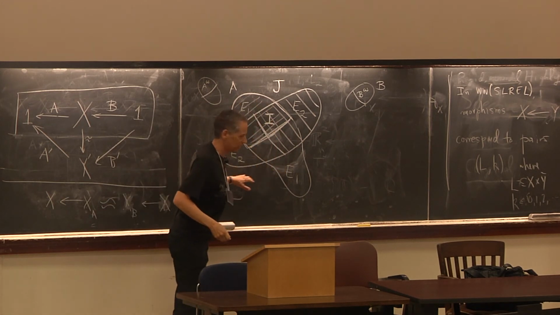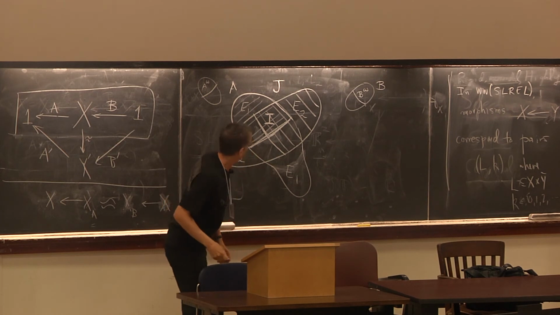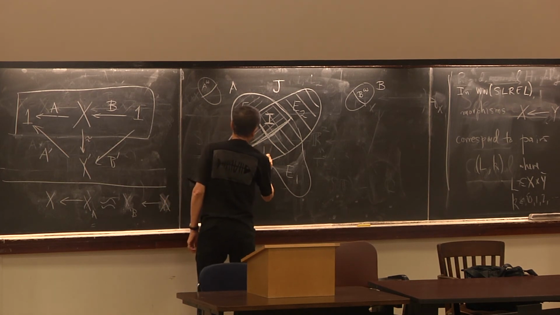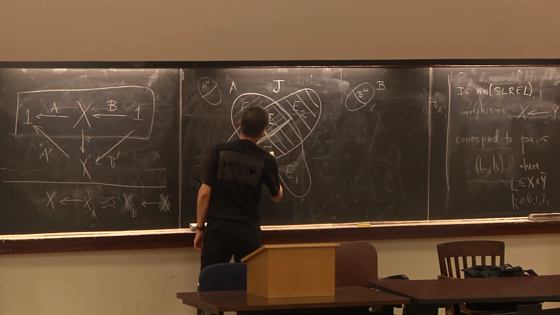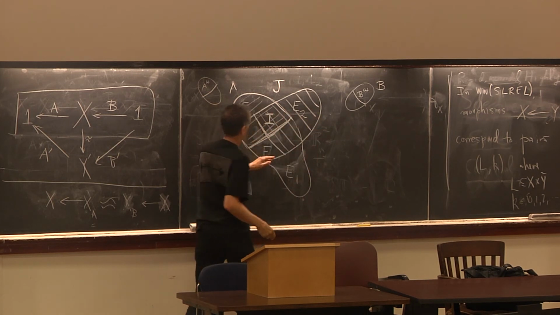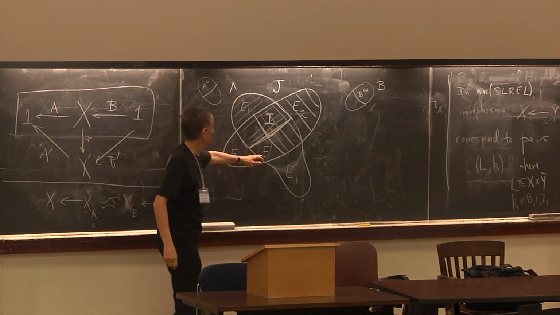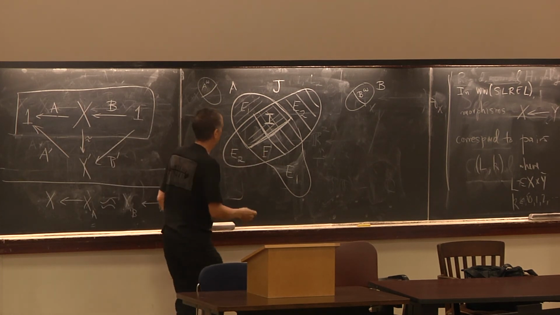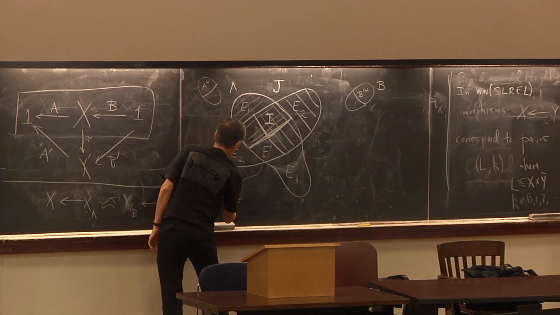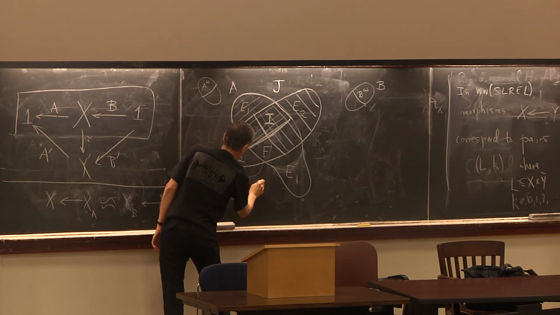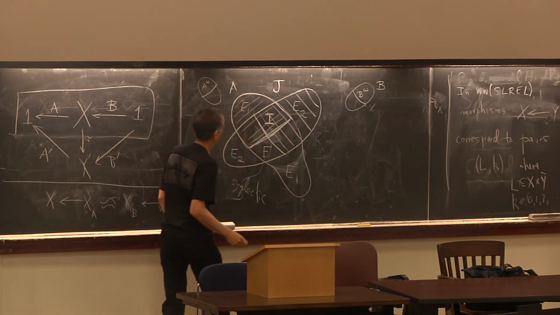The sort of outer ears of this diagram stay the same, but now we also get a space here, which is in both A and B, but is characteristic for neither one. And that turns out to be a symplectic subspace. This is symplectic. And finally, there are,